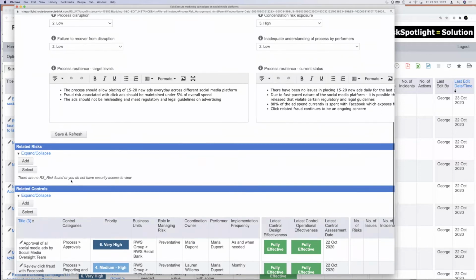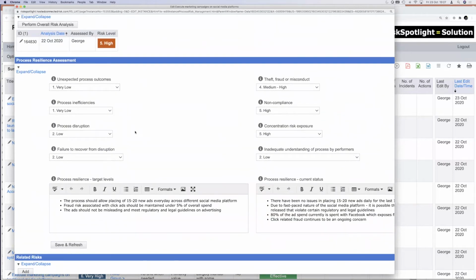That's why these measures we have defined are there, to at least make them aware: think about theft, fraud, and misconduct as part of your process. Think about non-compliance as part of your process. Think about concentration risk as part of the process. We're giving them something simple from the day-to-day perspective, so that if there is a process where the concentration risk is low and it changes to high, we can quickly find out where that has happened. And they don't have to do a very detailed risk assessment to capture that. It's just a part of that process.